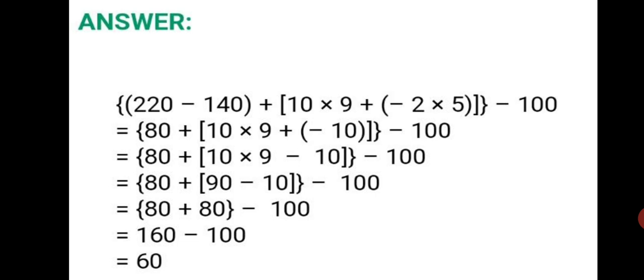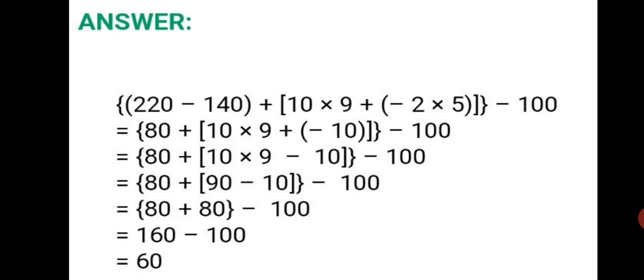Now last we have to solve this 80 plus 80 curly bracket. So once all brackets are over we get 160 minus 100, final answer 60. So this way we go on solving brackets one at a time and then you get your final answer. Okay, please keep in mind that signs also need to be multiplied and the appropriate sign has to be given to the answer when it comes out of its bracket. The sign is very important when a number is taken out of the bracket.